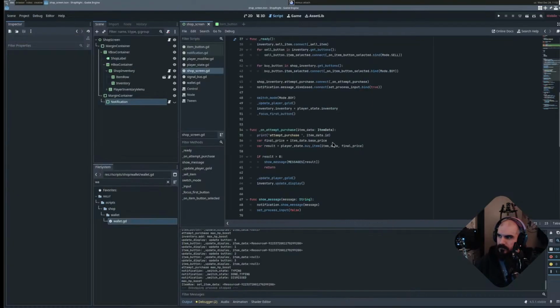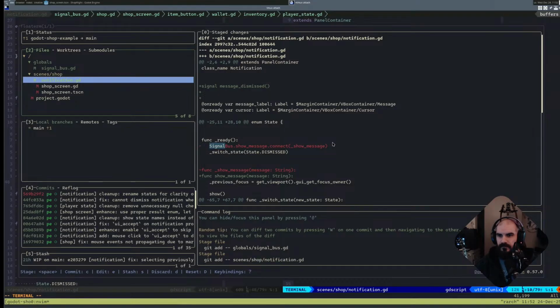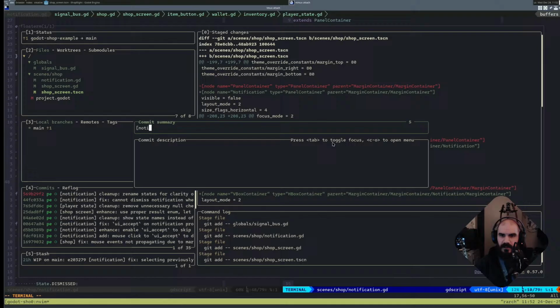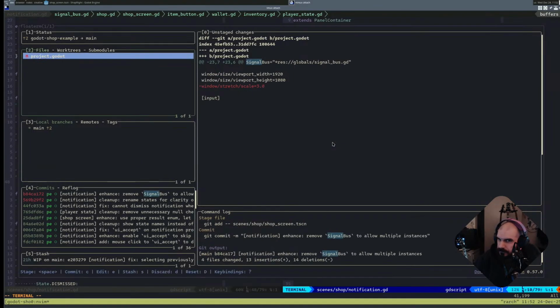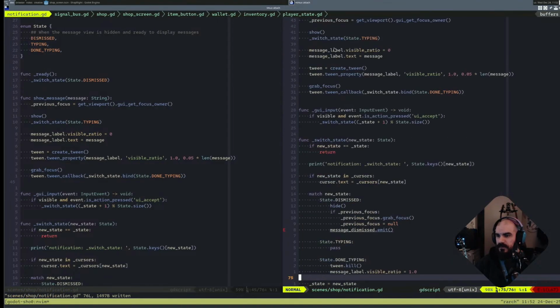Nice. So let's commit all these changes. We're going to say notification, enhance, remove signal bus to allow multiple instances. Because it really wasn't needed. And then the other thing I'm going to do, instead of using this signal, let's take away this signal